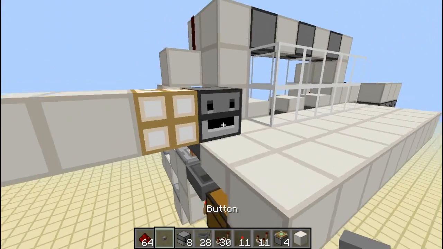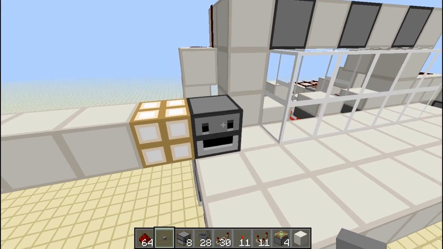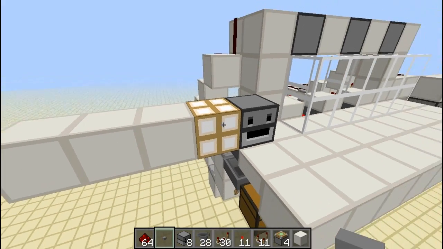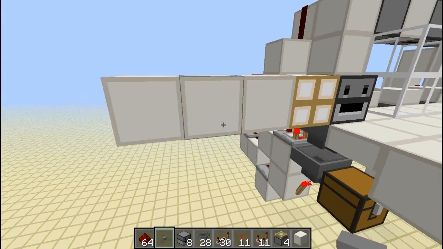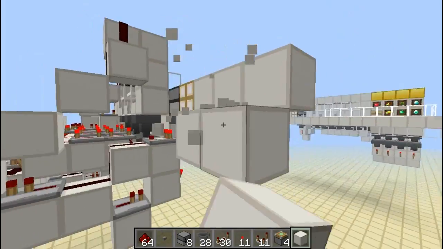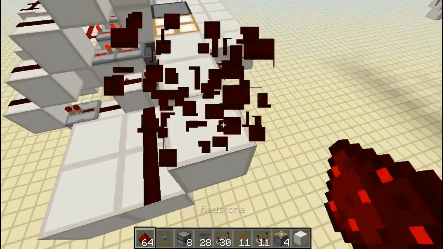So to make it that it only takes 1 item each time, rather than you actually having to physically open up the GUI, you're going to put a piece of glowstone there, move 3 along, and then put your button down. Then you're going to go down here, 2 blocks here, then you're going to build like this, redstone, redstone, redstone